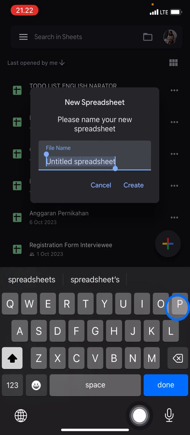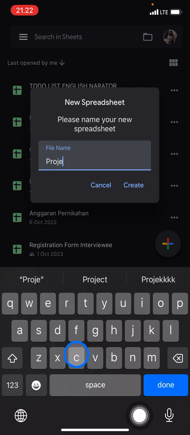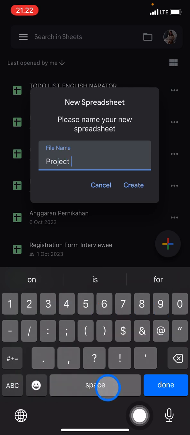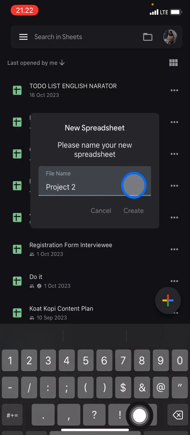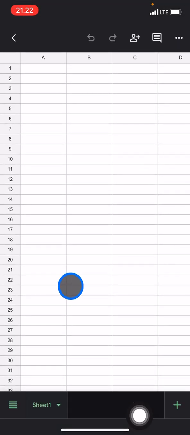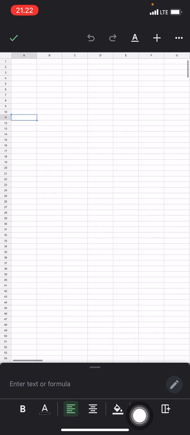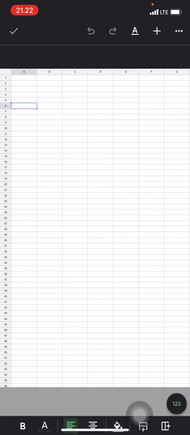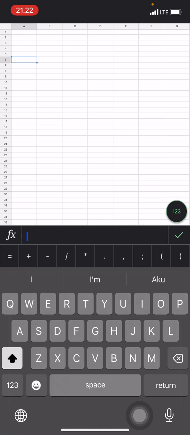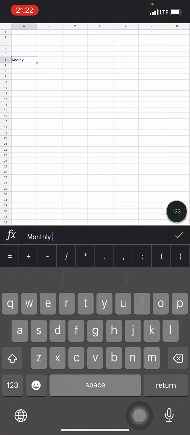For example, Project 2, and after you're done, just click Create. Now, all of the cells here, you can use for anything related to your work needs. For example, if you want to have data for product sales, you can add the title, for example, Monthly Product